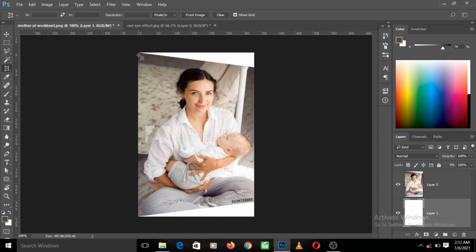So I'm currently selected on the perspective crop tool. If I go to the tip here and left click and drag like this, it brings out this perspective crop handle. Okay, so all I need to do is just make the perspective crop handle the same shape as the image I want to crop.